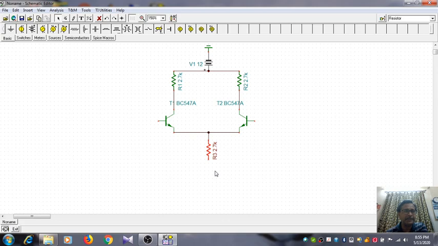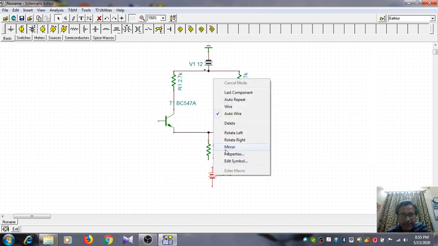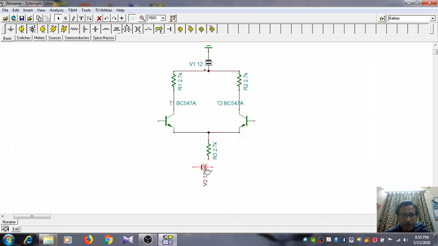Next we connect a battery. So bring in a battery from here, and as we know the negative pole should be connected to the other end of the tail resistor R3. This is called tail because this is at the bottom, so it is connected to the tail of the circuit. That's why it goes by the name tail resistor. Next we connect it by two successive rotate right, like this one.